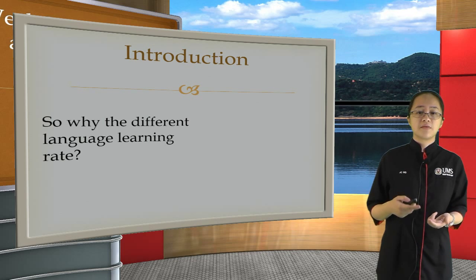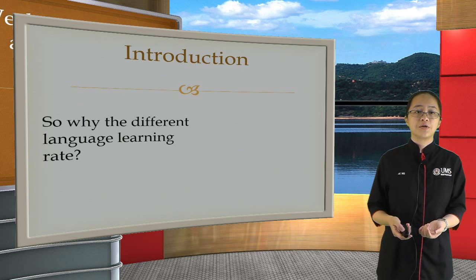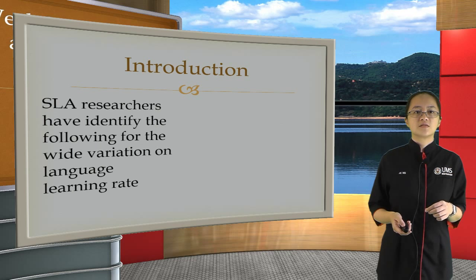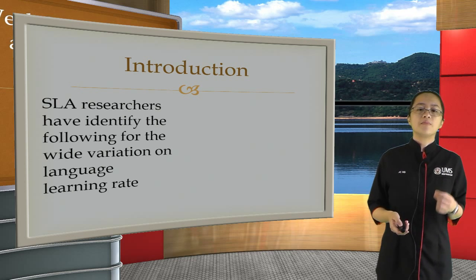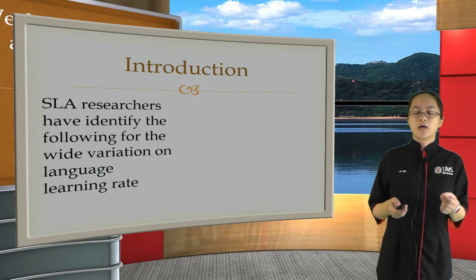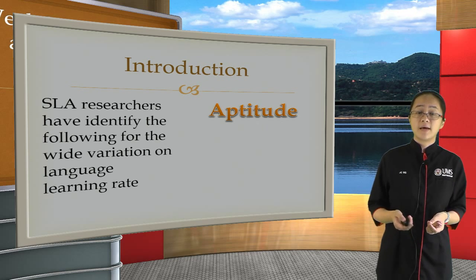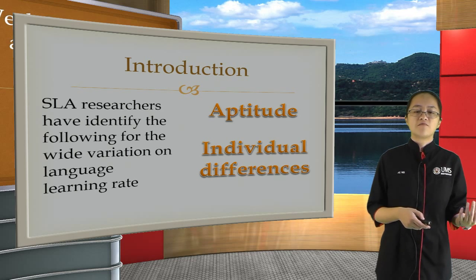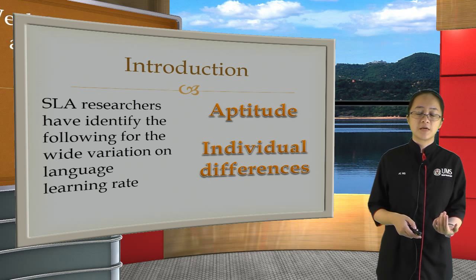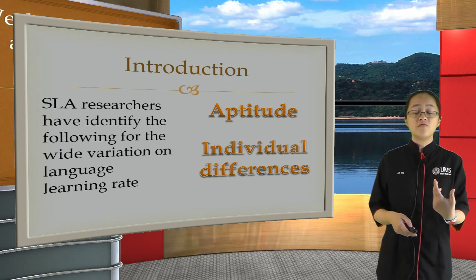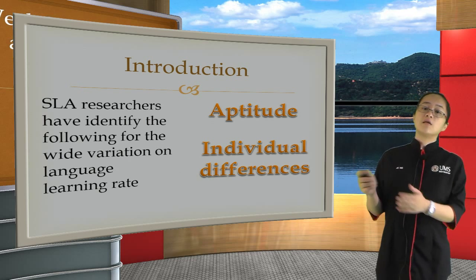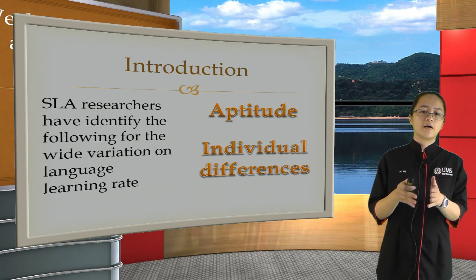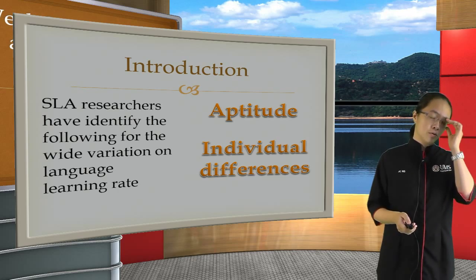Well, we have talked about concepts and theories affecting language learning rate. Now we'll be looking at the different varieties of language learning rate from the aspect of the individual. Primarily these two: one, aptitude, and secondly, individual differences. We have talked about the environmental factors as well as theories and concepts which influence language learning. Now we're looking at the individual perspective, or individual aspect, of them affecting the rate of learning languages.